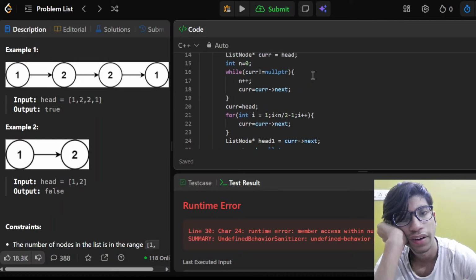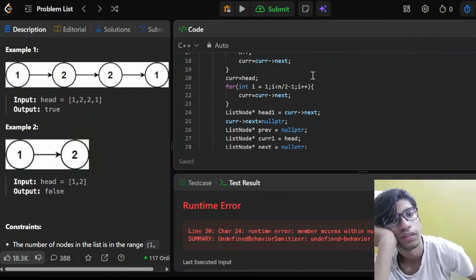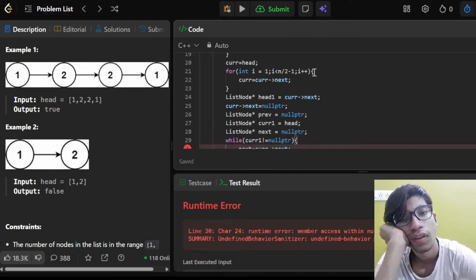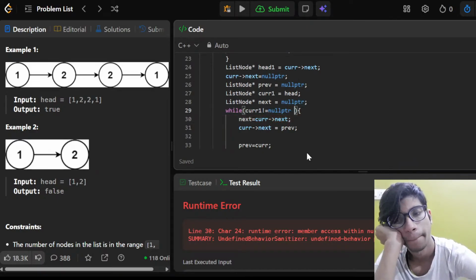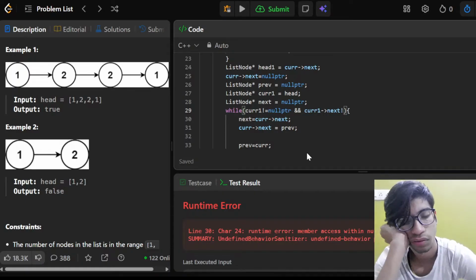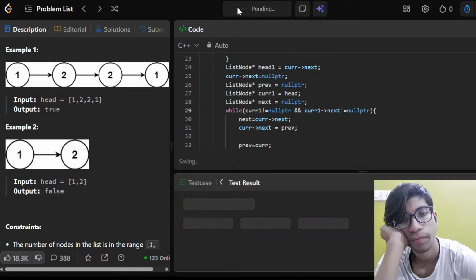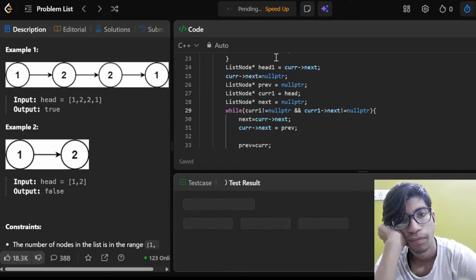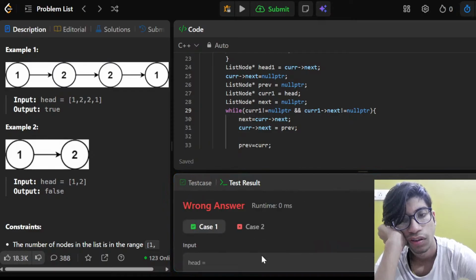What exactly is head right now? Cur next. Well, yeah, and cur 1 next not equal to null pointer, okay, one not true.